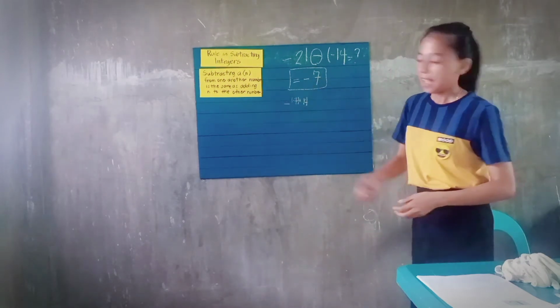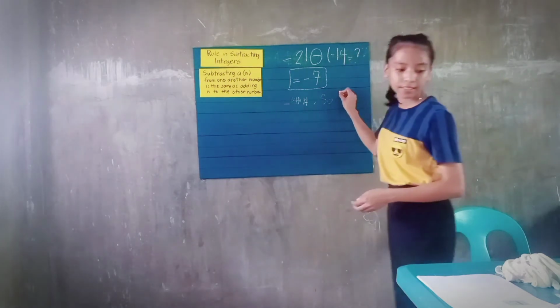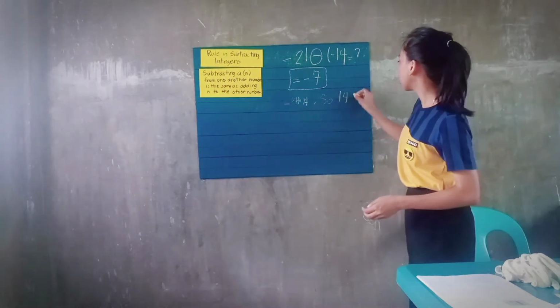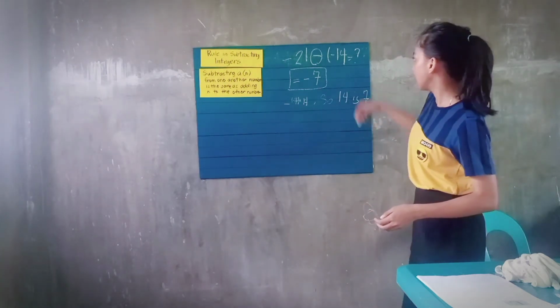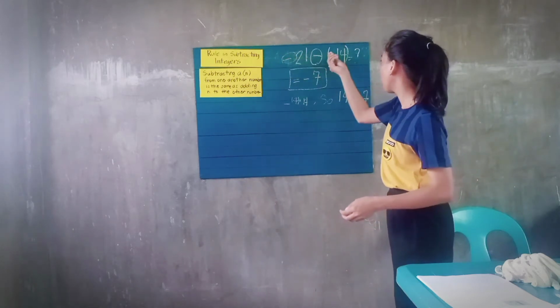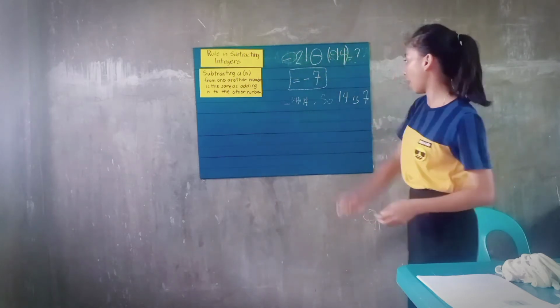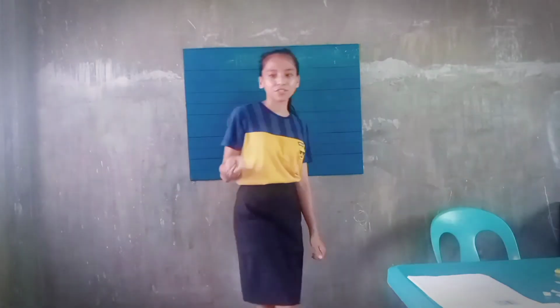Then the result will be negative 7. Since you understand well the subtraction of integers, let us now proceed